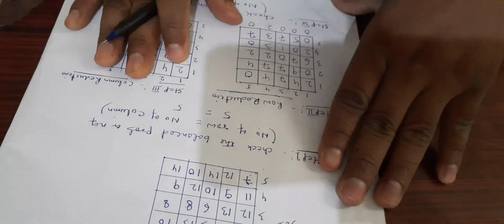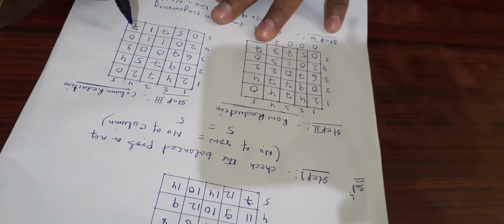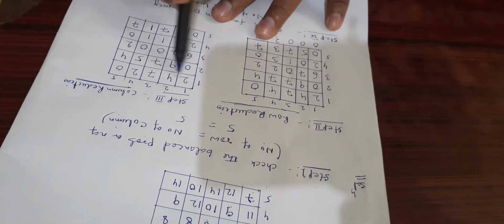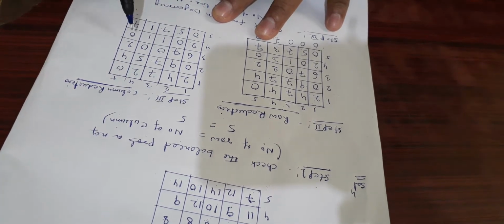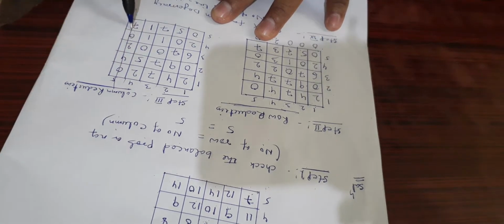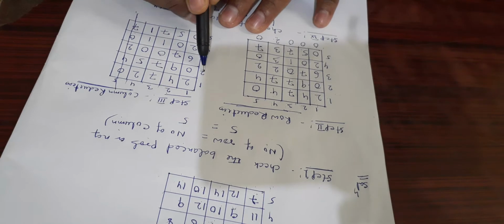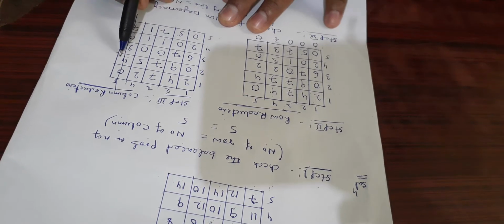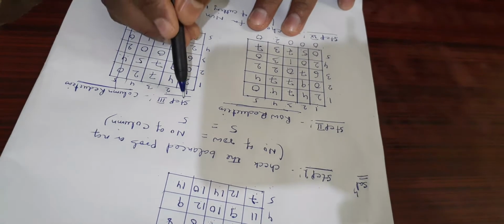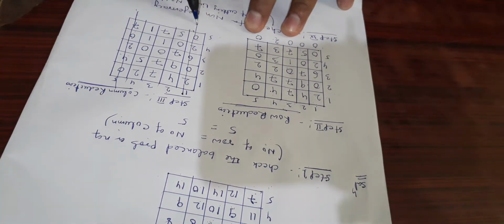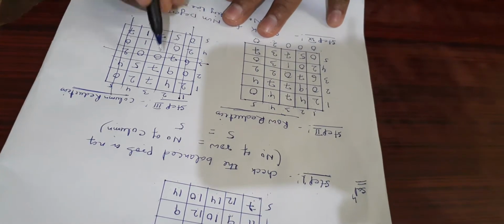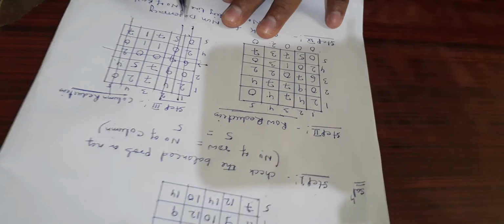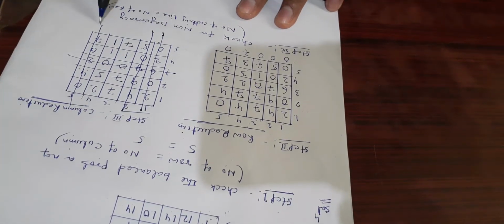After completing the third step, column reduction, we have to cut the maximum number of zeros. First see that the first row has one 0, but we cut this column, the fifth column, so we are cutting two zeros. Next, the second row and second column: here is one 0, but we are cutting the column, so we get two zeros, the maximum. Here also you cut like this, there is one 0. 1 2 3 4.